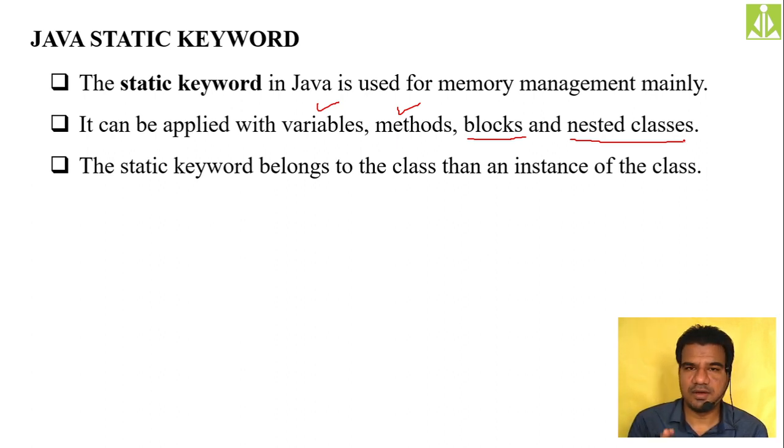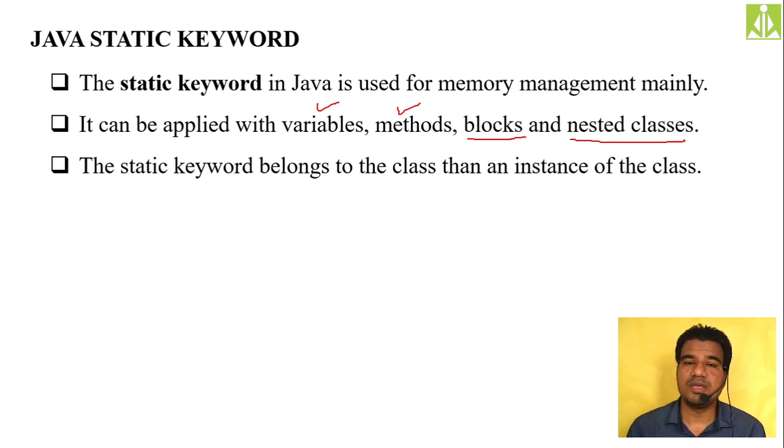We said whatever modifications or memory management we are applying with the help of the static keyword, it is applied to the class, not to an instance. It is instance free. We have to remember this one. Whatever we do using the static keyword, your instance is not going to have any role in that. Your object is not going to have any role in that. Excluding the object, we have to remember this thing. It is very, very important.